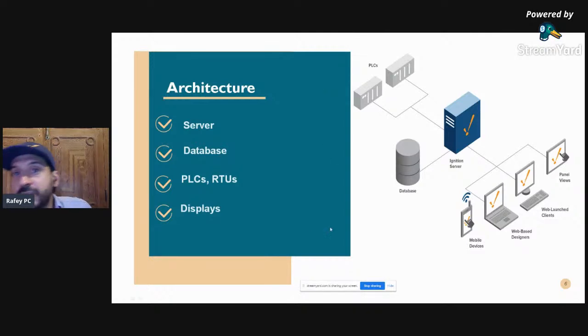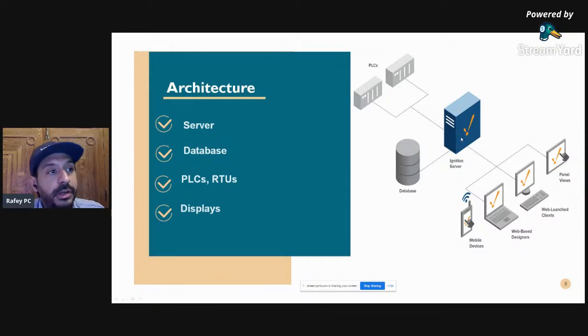I forgot to mention as point number 3 here, Liz, that obviously these can be PLCs, but these can also be energy meters that act as RTUs, remote terminal units. These could be a bunch of sensors that have intelligent Ethernet ports available on them. And then there's displays. Now, all the data that is being collected from the PLC into the Ignition server needs